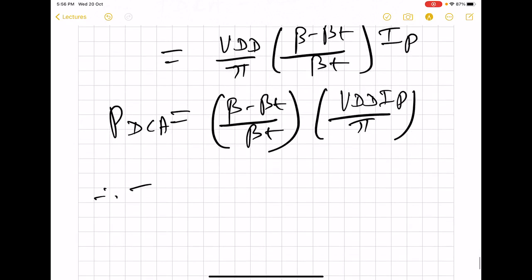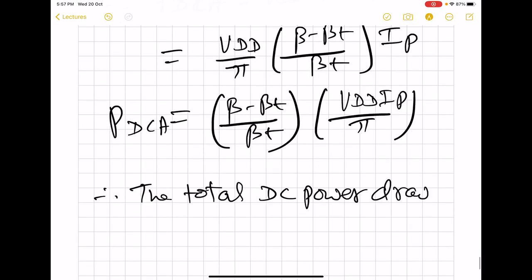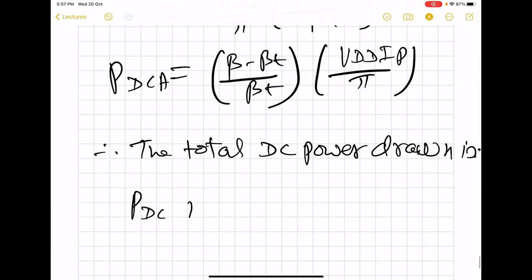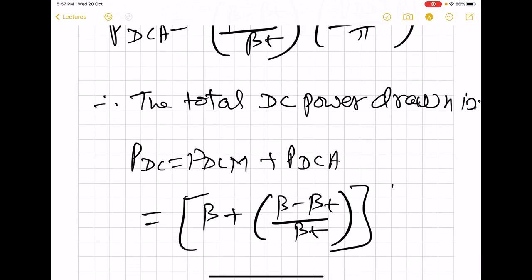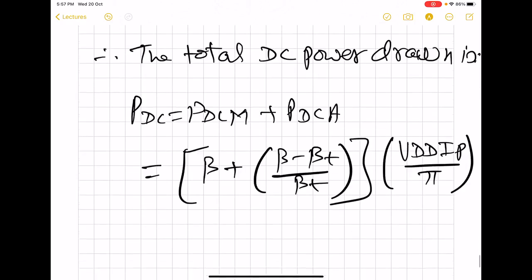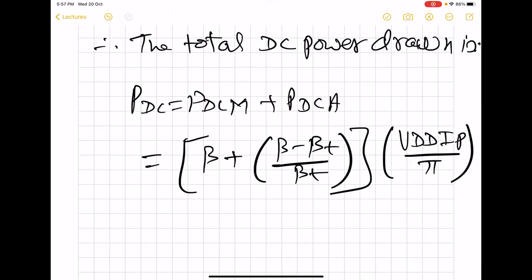So therefore, the total DC power drawn is PDC main plus PDC auxiliary, and this will become beta plus beta minus beta t by beta t into VDD IP by pi,